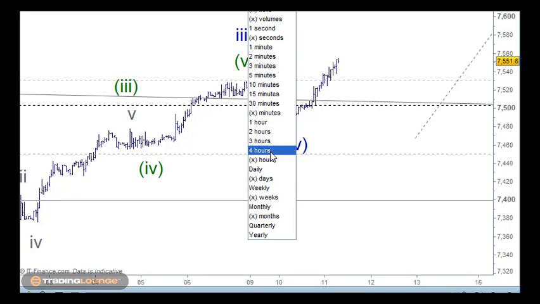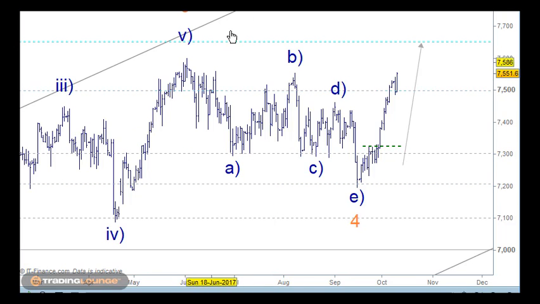I'll just go back for my own sake here and just have a look at this. Okay, so let's just get a bearing on that there. So we've still got to move higher here, and I think this 7650 is the target area that we're looking for here. At worst, what could happen is obviously there's going to be resistance coming into these old highs here and so on. So at worst there can be a corrective move back before it moves up here as well. Okay, so just be mindful that it can come back to this wave 4 here. So if you are long and you have been long from here, then it's not such a big deal to give it a little bit of space to get to that